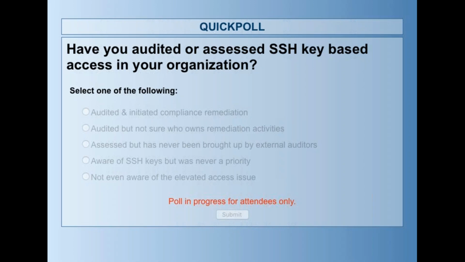Okay, I think we've seen a slowdown in the number of votes, although it's still coming in. Otherwise, I'd stop it, but I'm excited by the percent actually voting. And at this point, I think I will now close the poll and share the very interesting results with you guys. Here you go.